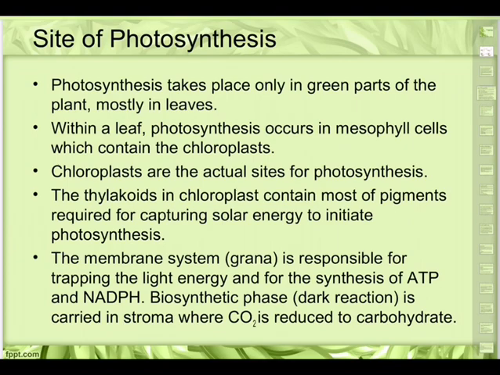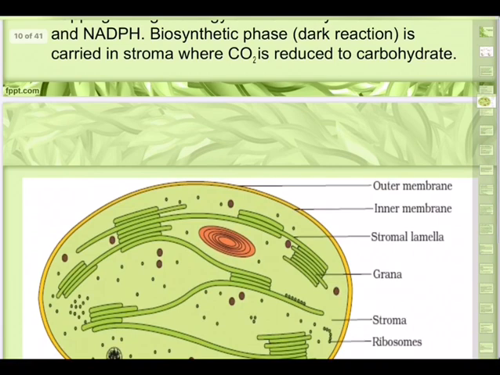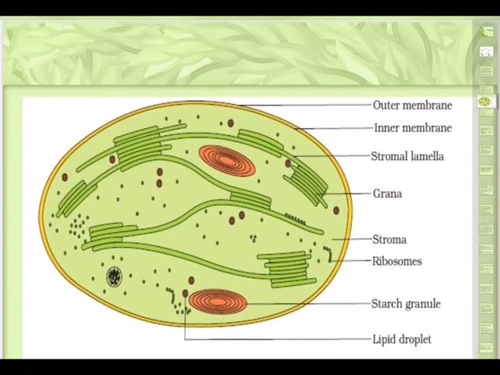And where this photosynthesis is taking place, as we said, it takes place in the chloroplast. Inside the chloroplast, where exactly? In the mesophyll. So in the mesophyll, there are bag-like structures called thylakoids, and these thylakoids will be present in this fashion. You can see here, take a paper, take a pencil, draw this diagram. Start with the outer membrane, come to the inner membrane, then you have got filamental structures. They are called lamella, or a single one is called stroma, and then you have got that bag-like structure,